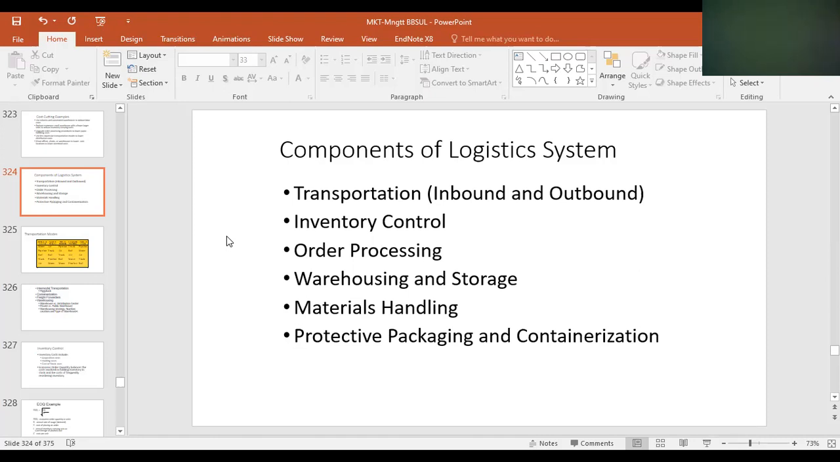So this is a very important topic, the components of the logistics system. We have seen these 6 important points to be noted down because logistics is not a simple word. It's a complete system of transportation, inventory control, order processing, warehousing and storage, material handling, and protective packaging and